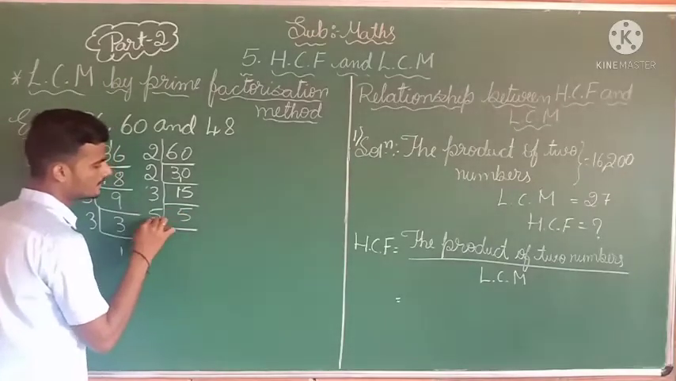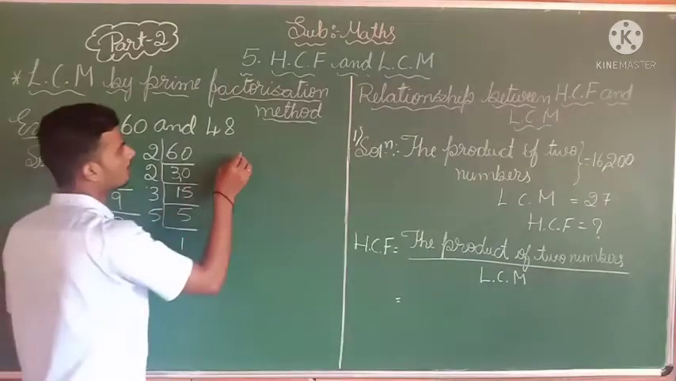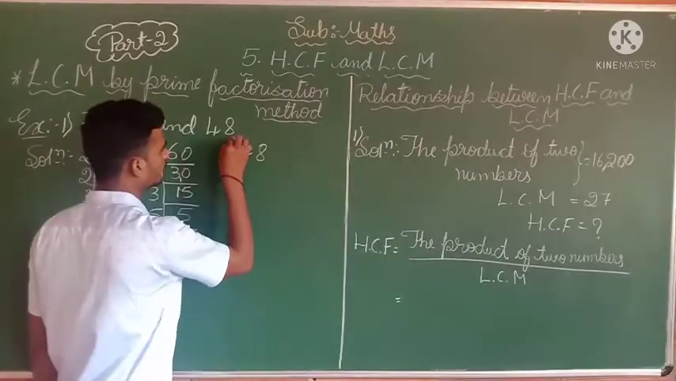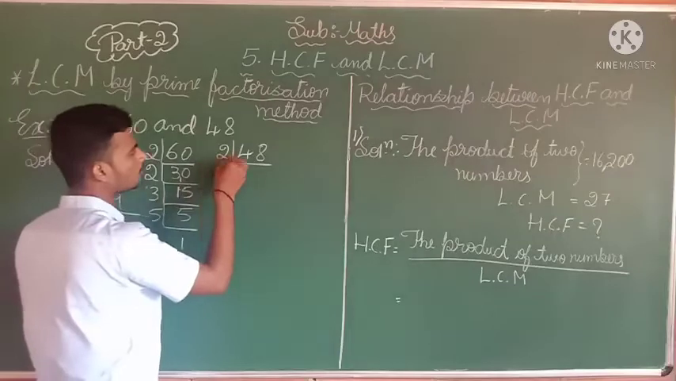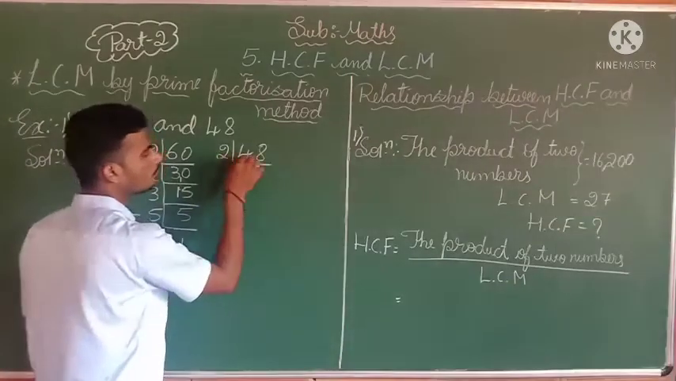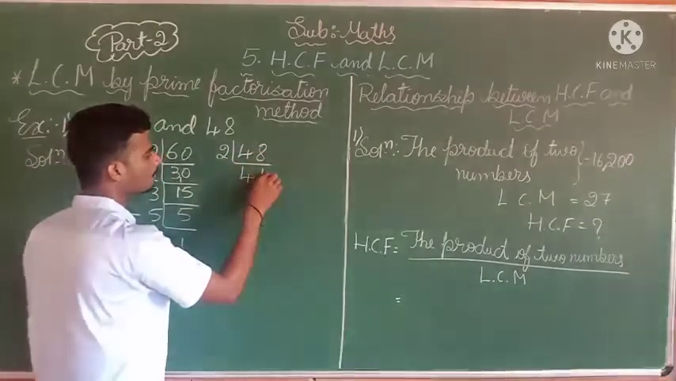Next, 5 ones are 5. Finish. Next, 48. First you take 2 itself. Okay. 2 twos are 4. 2 fours are 8. 2 eights are